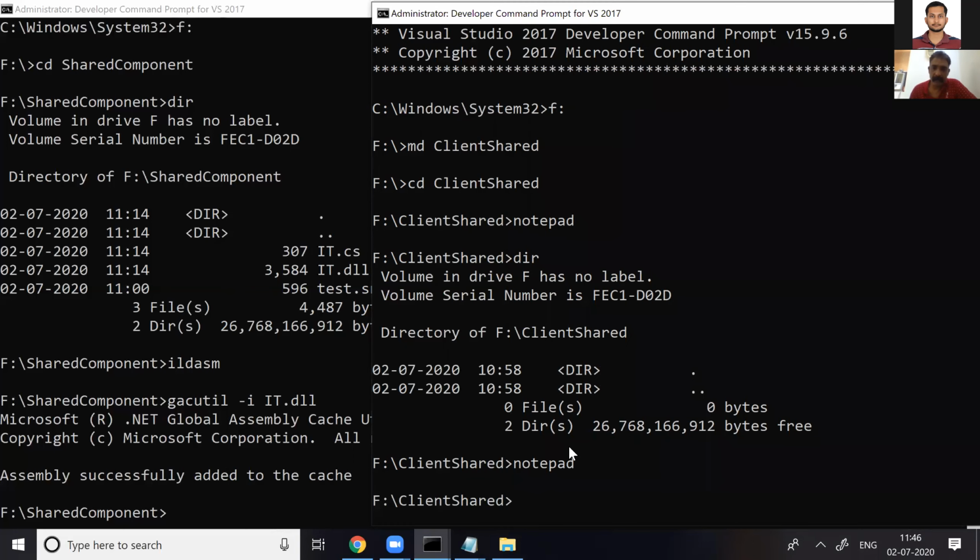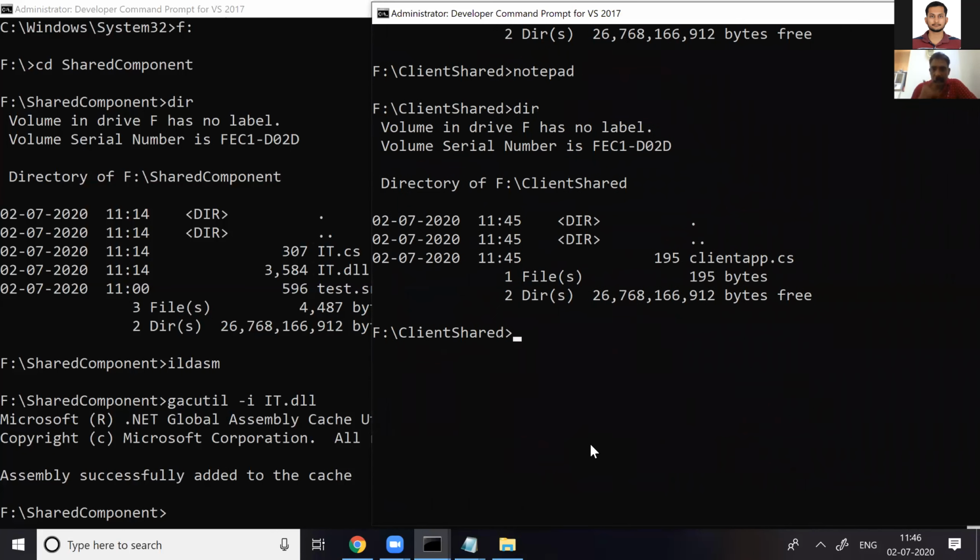Now dir. csc /r for reference, colon, the F drive, I'm giving the path for that DLL: shared component, slash IT.dll. Small or capital doesn't matter.